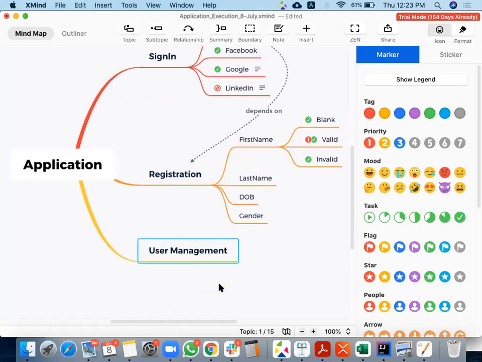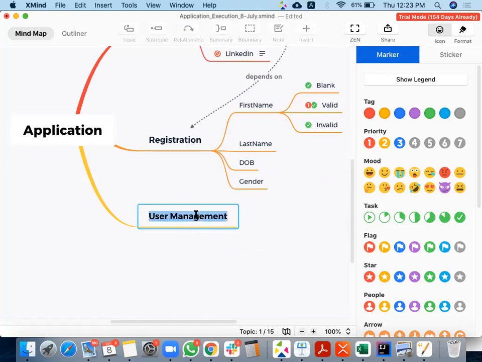And in user management, or maybe people call it profile,